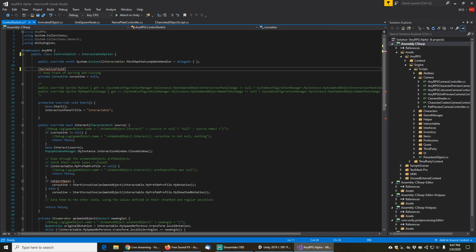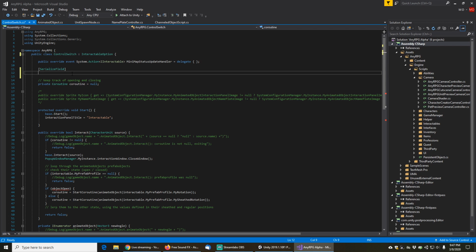So we'll make a new serialized field here, and the object that we're controlling is another interactable option. So we'll have interactable option control object,